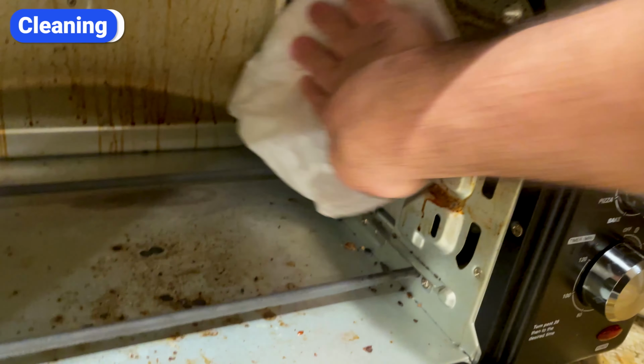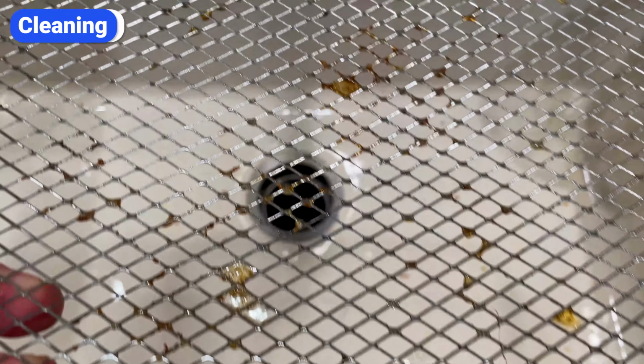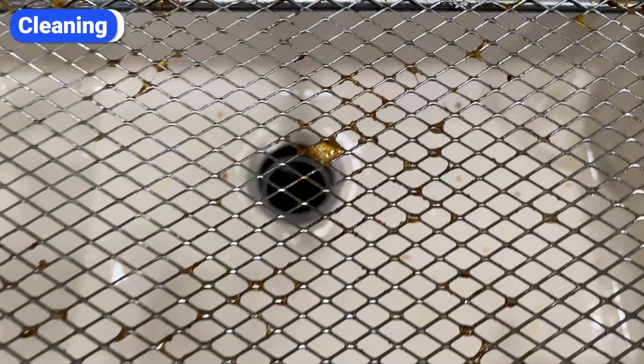With convection toaster ovens, you have to clean the air fryer basket, the drip pan, and any splatter on the interior walls or door. This basket is metal with no coating, so some foods stick and it's a little bit more difficult to clean. Some people claim air fryers produce the crispiest and most even results, while others say convection